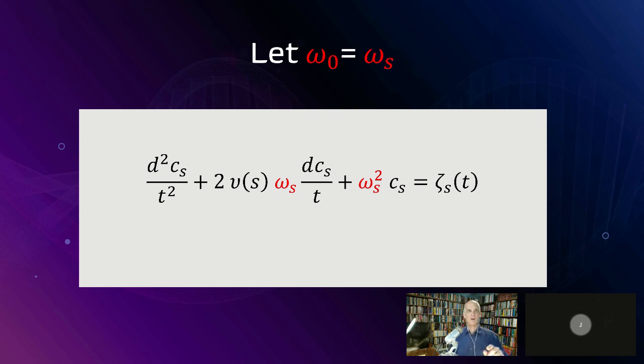Now, if the forcing function, which is omega sub s, is equal to the natural response, you might get, so it's like pushing on a swing. If you just keep pushing, eventually you'll go higher, because you're doing it in sync with the natural response of the swing, or of whatever it is that's oscillating. That's always an interesting case, when omega naught, the natural response, is equal to omega s, the forcing response.